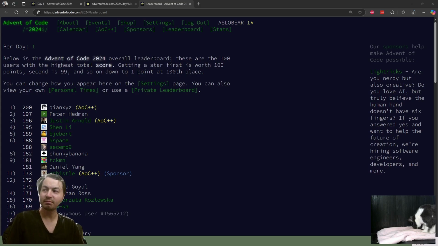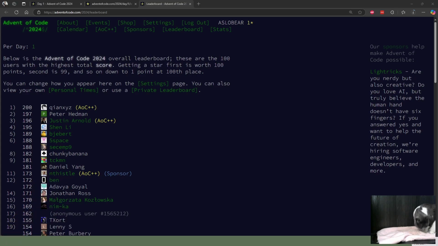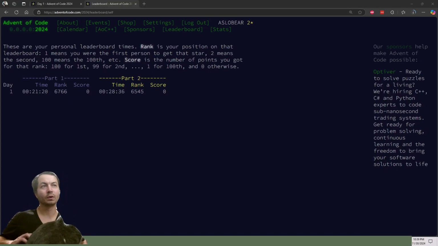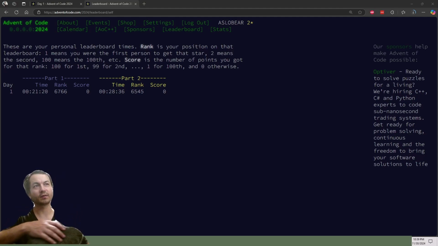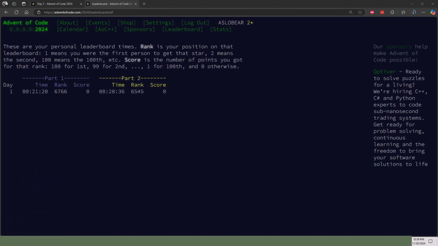Interesting. So I guess you can also view your rank here. So you get a score if you're in the top 100. Otherwise, you've just got your rank. But it shows your time as well.